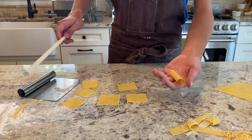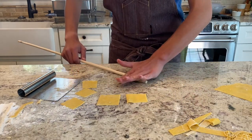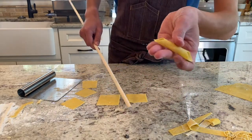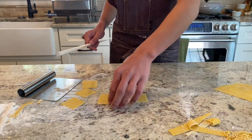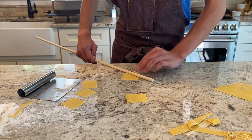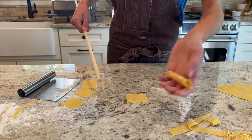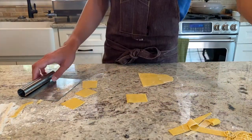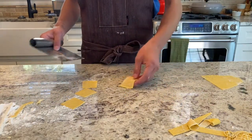So then you kind of have like this cool tube pasta shape. Kind of roll it. It's gonna take you a couple tries to get it perfect. So that is a type of short pasta. If you don't like long, you're just gonna go across, do them all. Pretty simple. Another thing that you can do with these sheets is if you take one of these squares here,